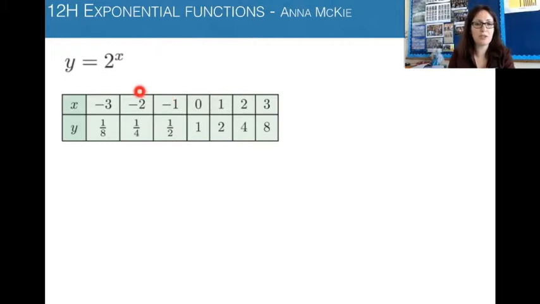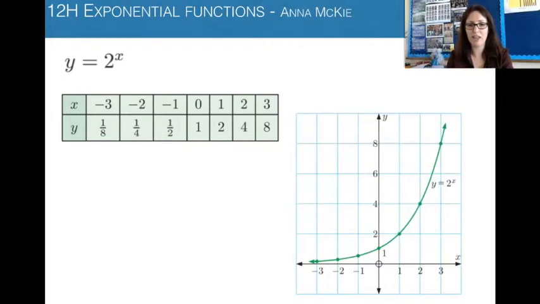So even when you substitute in negative numbers as the power, you'll remember from your work with index laws that, for example, 2 to the power of negative 3, the answer is 1 over 2 to the power of 3, which is the same as 1 over 8. So all of these answers, the y values, are positive numbers, and therefore the graph of that looks like this. So all the y's are positive, so that's all in the positive y region, and we've plotted all the other